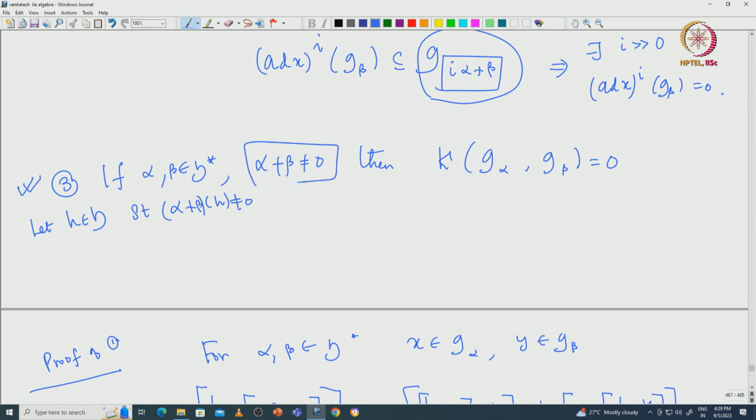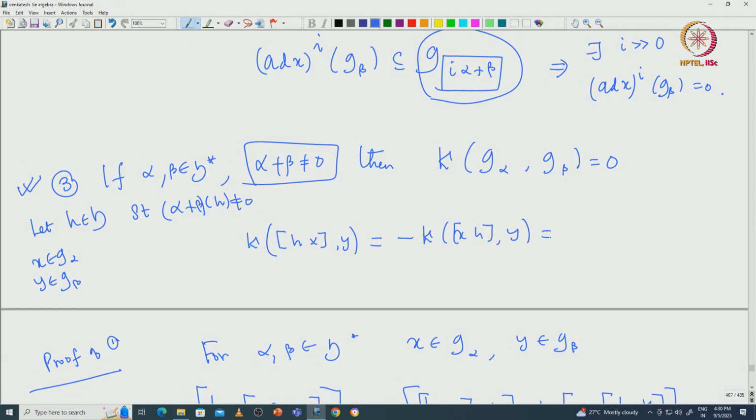Because this alpha plus beta is non-zero, that is given. Then what we do, we take x from g alpha and y from g beta, and compute what will happen to this kappa of x, y. Now we will use the associativity and compute kappa of the bracket [h, x], y. You can see that this is the same as minus kappa of x, [h, y],